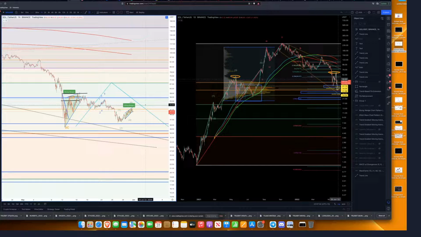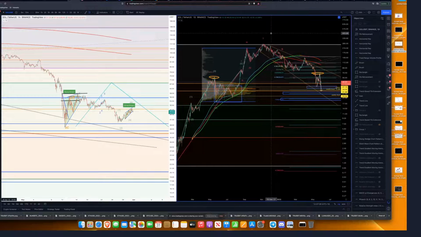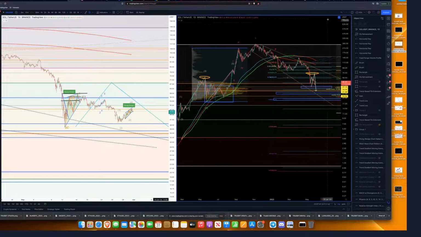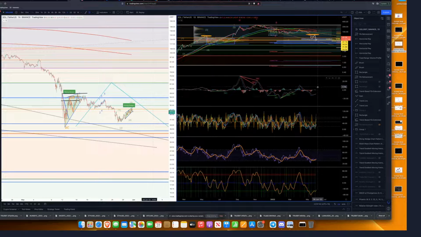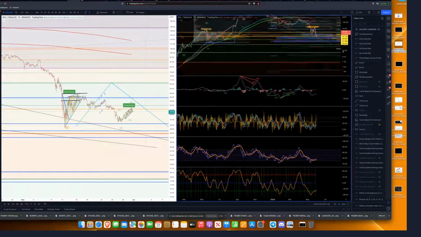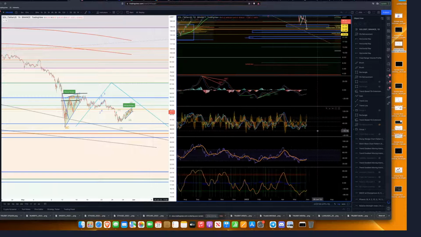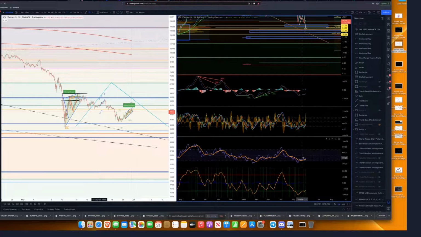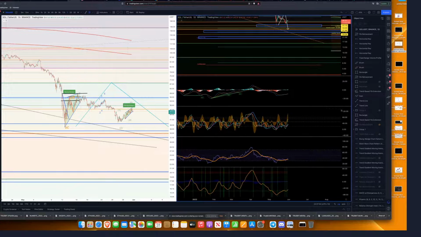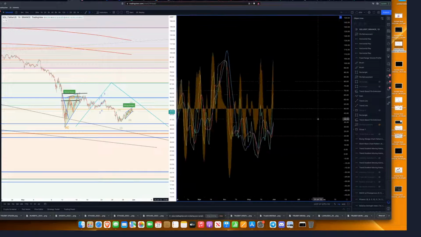No, it doesn't look good, does it? He hasn't really done a rally, so the alts aren't looking the best. If we look at Solana on the daily, there's a bit of bullish divergence there, but it's nothing strong. RSI doesn't look impressive. The Phoenix, see how we've got the, so if you look at the Phoenix,